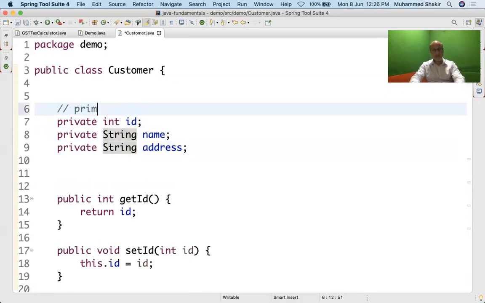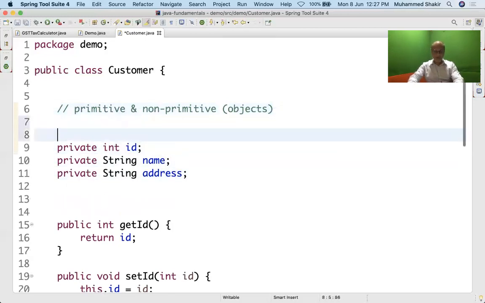They are primitive, and they are non-primitive types, right? Objects, you may call it non-primitive. You can call it objects. Object references, or I'll just say objects. Now these primitive data types will always start with a lowercase. I repeat, your primitive data types will always start with a lowercase, right? And what those primitive types are, you will find.